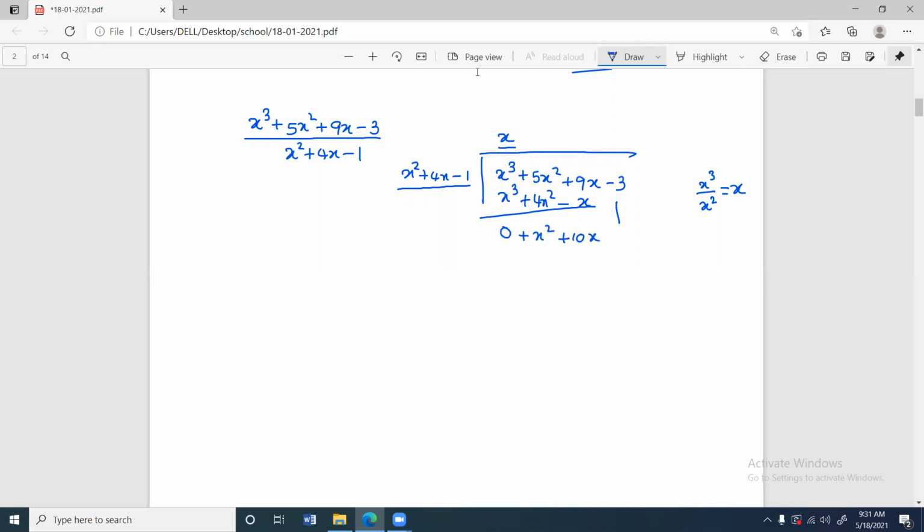Then take the next term down, minus 3. Then see how many x squared terms there are for x squared. It is x squared, it's not 0. Most of the students make it 0. It's not 0, it's 1. It's 1. Then